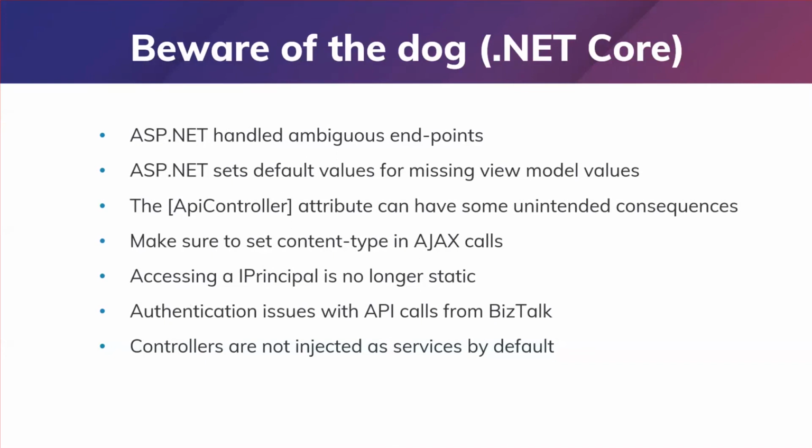We also had issues with calls from BizTalk. So we had BizTalk calling our application, making API calls to notify us of certain events. It didn't work as expected with authentication. We actually had issues with API authentication on the BizTalk side because the 401 negotiation schema did not work as expected. The way to work around that is setting impersonation to true on the BizTalk side to get that working. But it took us quite a bit to figure that out. So if you have BizTalk that works with your application, just think of that a bit if you see these kinds of issues.